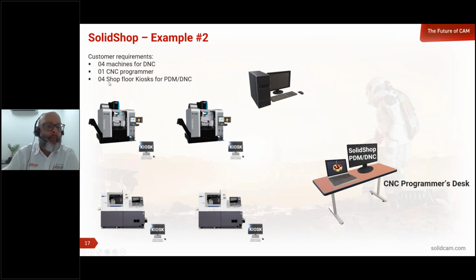We could say I'm getting 4 clients, but I'm gonna use them in 2 computers in the shop floor, and the other ones I'm gonna use in web browsers, like in my phone, or I'm gonna have a real-time dashboard for DNC and PDM in the office. I want to access this from the machine shop supervisor computer or from home. So it doesn't mean that you need to have 4 physical kiosks. You just need to have 4 clients, which could be 2 physical computers in the shop floor, and then tablets, cell phones, or like maybe a TV with a dashboard in the office.